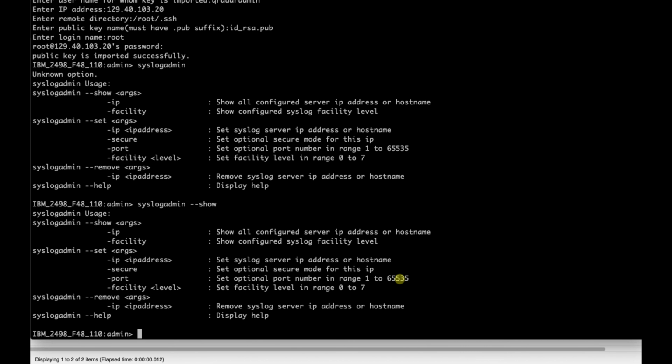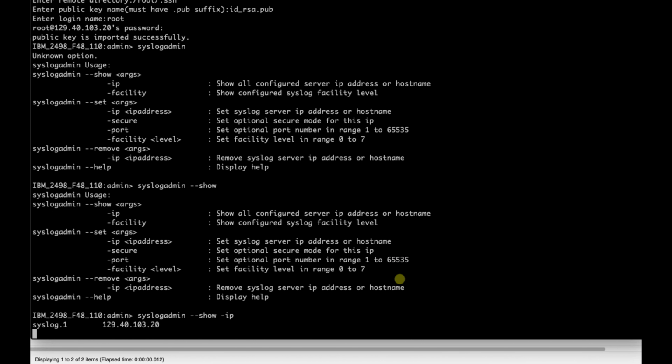Now, we're back on the switch right now, and I just want to verify that it's actually sending messages. This is more for you because we've already seen those messages, but as you can see, there's a command about how you can confirm your syslog from the switch into QRadar or your SIEM, your Secure Incident Event Manager